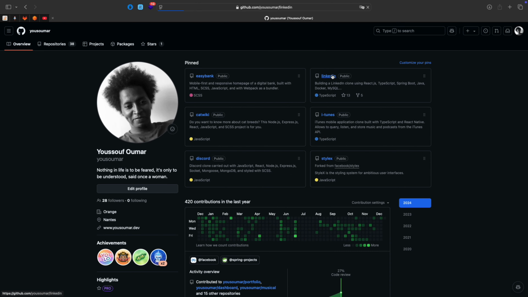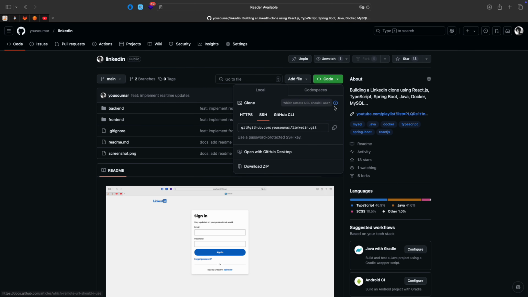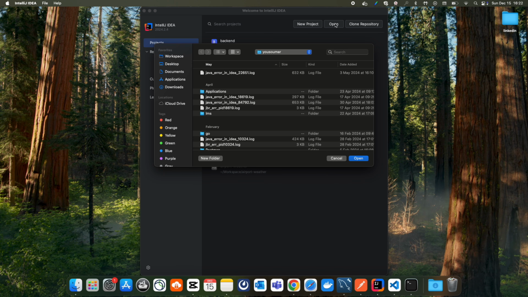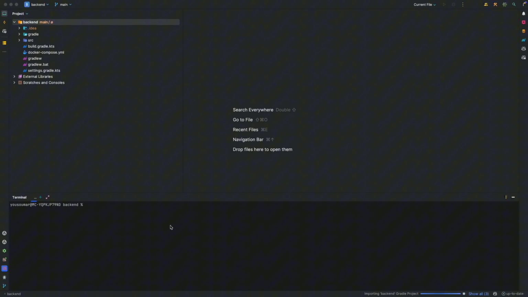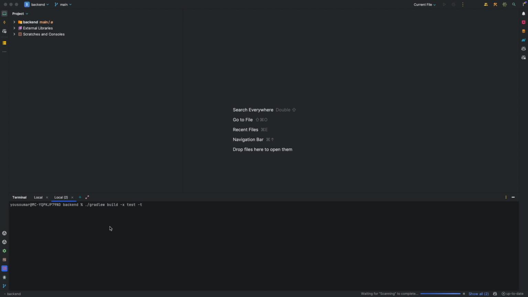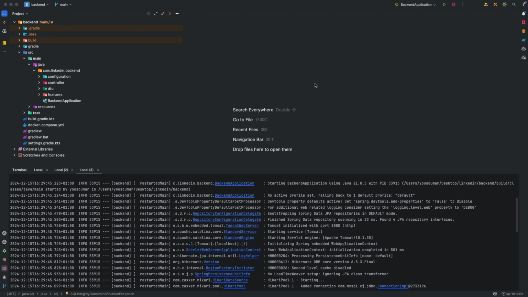Without further ado, let me go to the GitHub repo and clone it. Then open the backend folder with IntelliJ. Then I'm gonna run my Docker containers, then the backend on watch mode, and then the server. You can do all of this by reading the README on the repo. So as you can see, the Spring Boot server is running on port 8080,